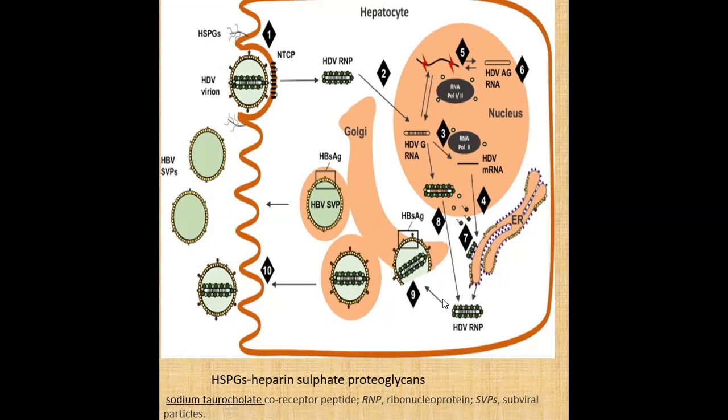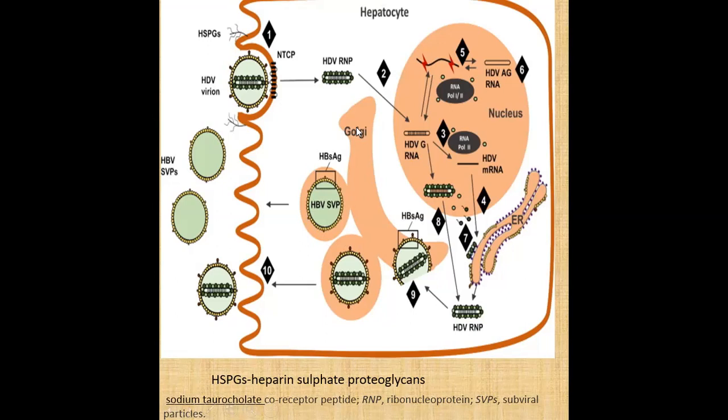After export, the newly formed hepatitis D RNP are assembled in the nucleus and then exported, and then enveloped by hepatitis B surface glycoprotein through the interaction of L hepatitis D antigens with hepatitis B surface antigen. Hepatitis D variants are then thought to be secreted through the Golgi complex. When they are present in this Golgi complex, this is the Golgi complex.